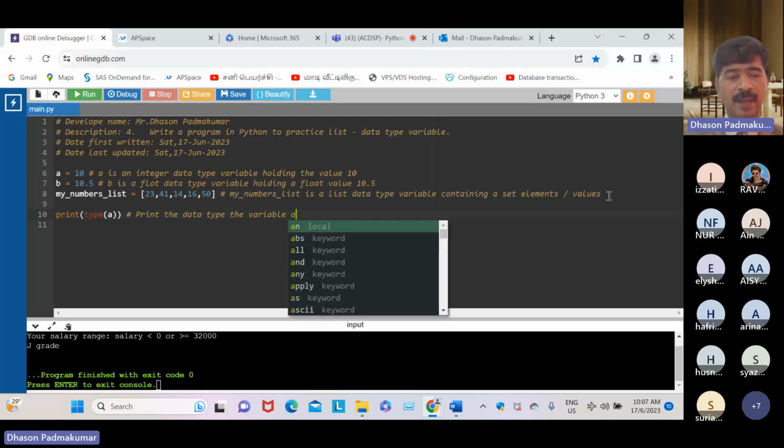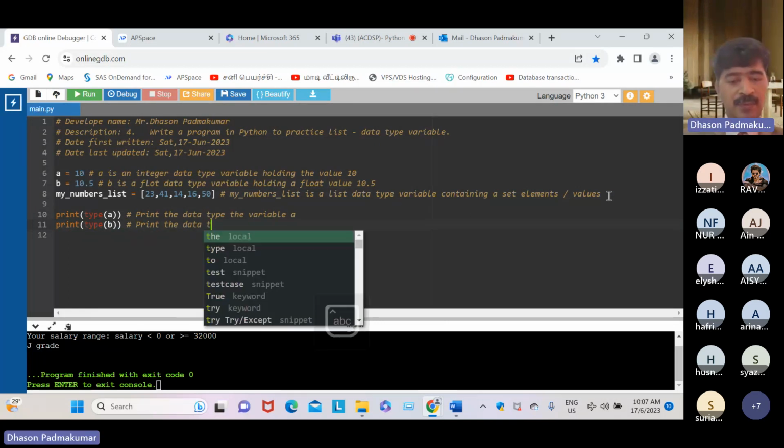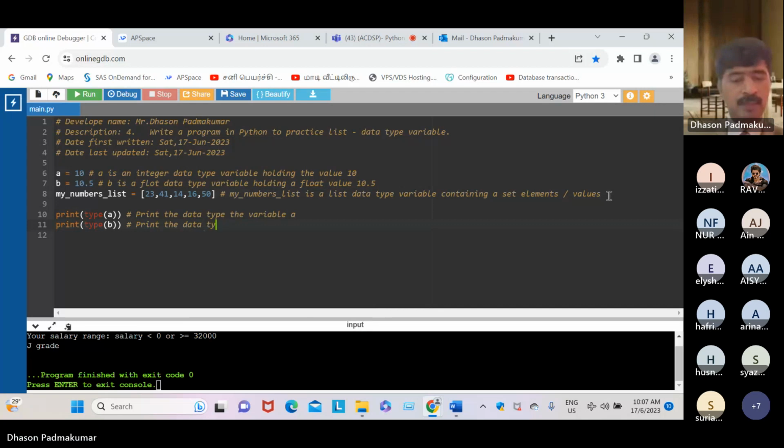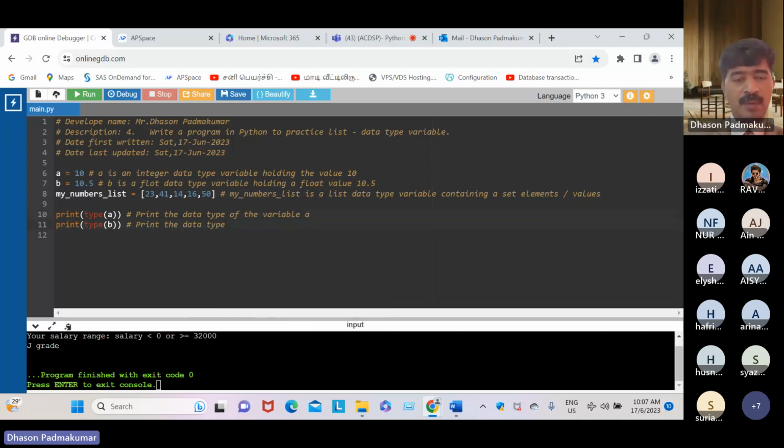So this is the data type of variable A. And print type of B. I'm curious to know what data type this B is. So print the data type of the variable B.